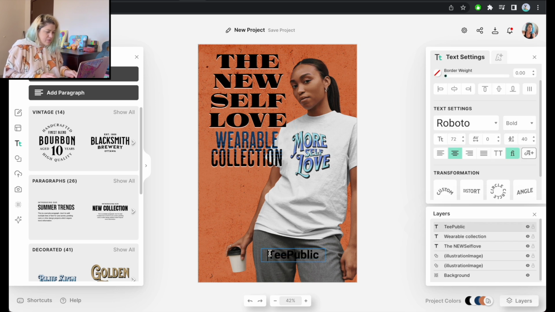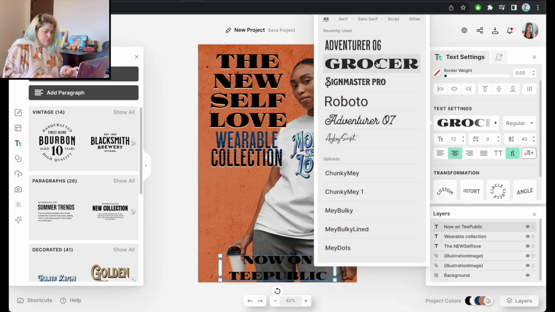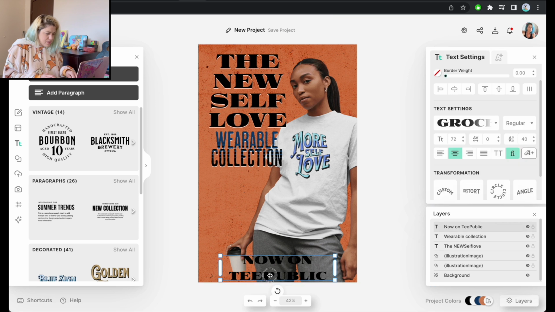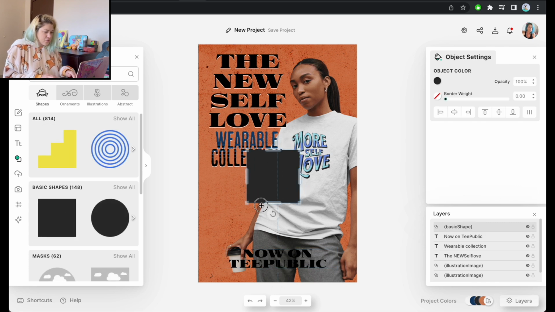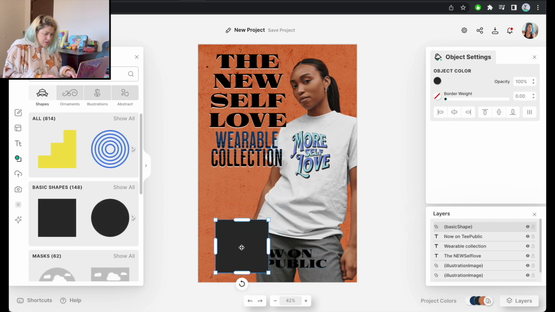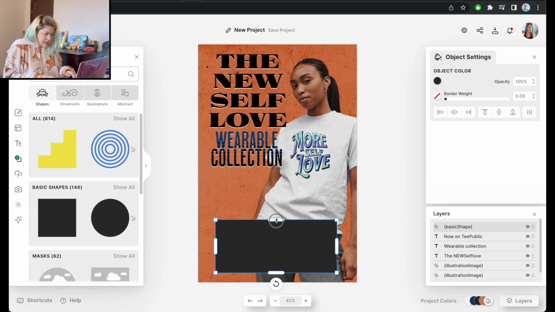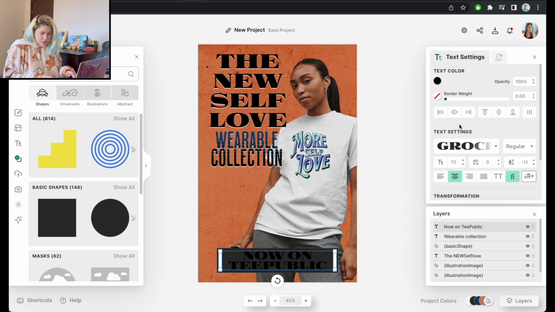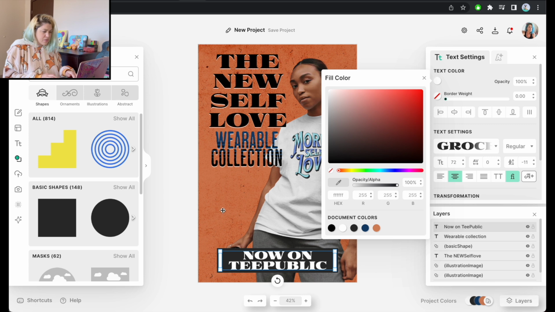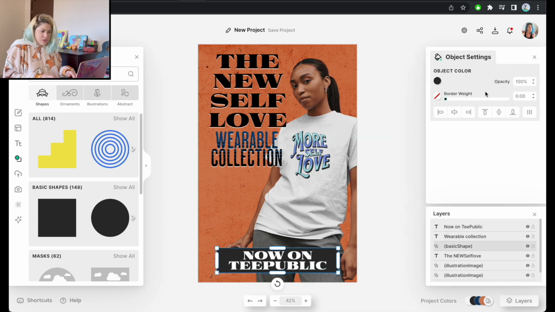And here I'm going to write now tpublic and change the font to this one that I've already used in this design. Space these down. And for here, I'm going to go to elements. I'm going to grab a piece of square and I'm just going to put it like that. Let's center it and put this behind the text. Let's center the text on top of it. Make the text white. Go to the square